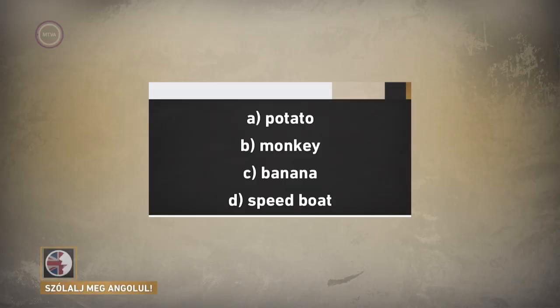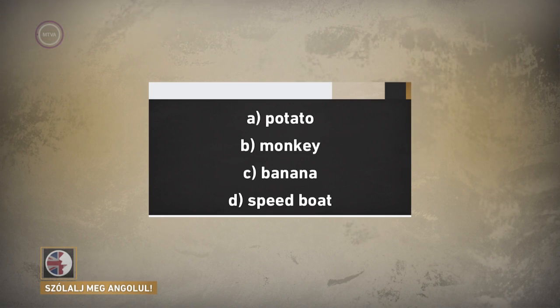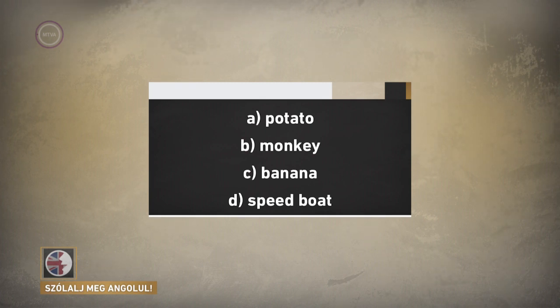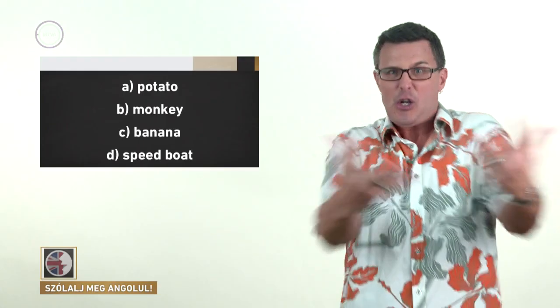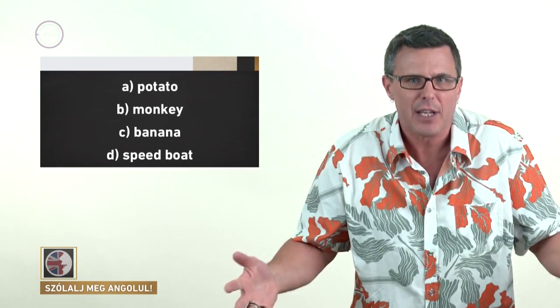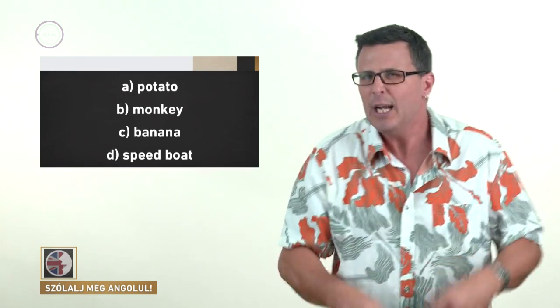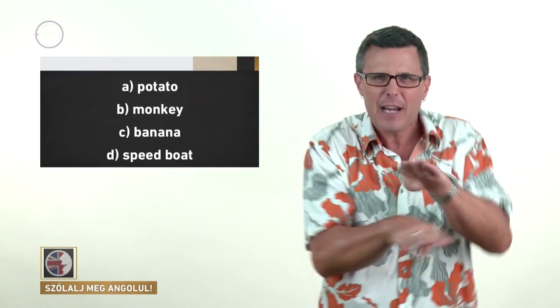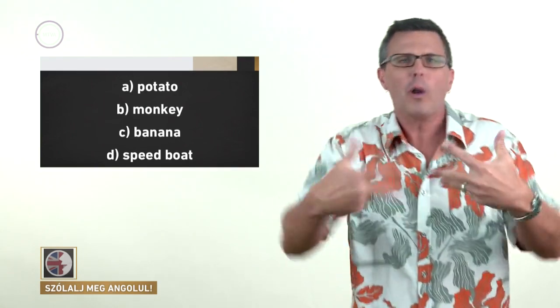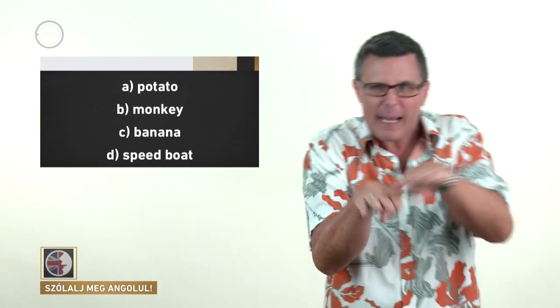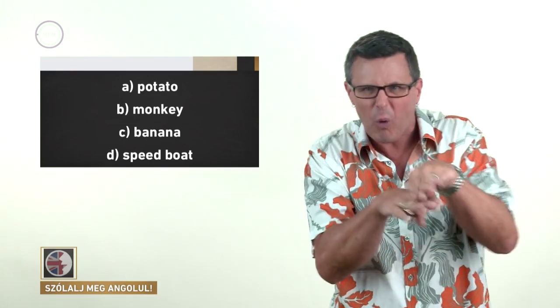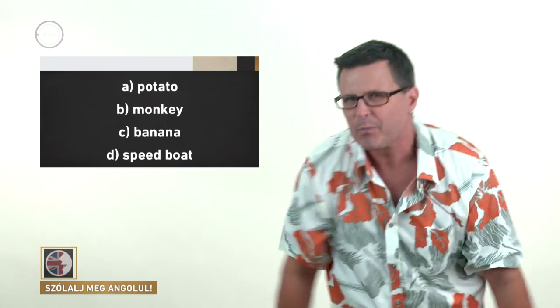I mean, think about a different list for a moment. A, potato. B, monkey. C, banana. D, speedboat. Now, with that list, we can see that the 4 nouns we've got are very well defined and very well separated. None of those 4 nouns can be confused with any of the others, can they? No. But with the 4 categories for the present perfect, there's a fair amount of overlap, isn't there? All of them can be confused. 1 overlaps with 2, 2 overlaps with 3, and 1 and 4, etc., etc. Now, this isn't a problem, it's just something we need to remember.